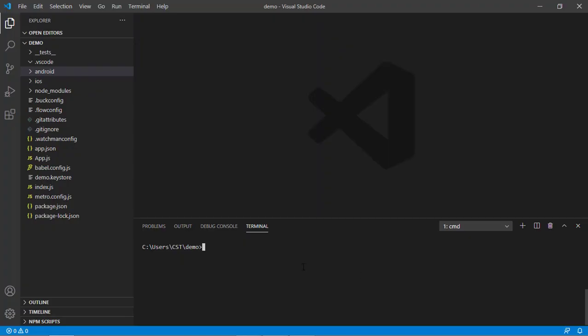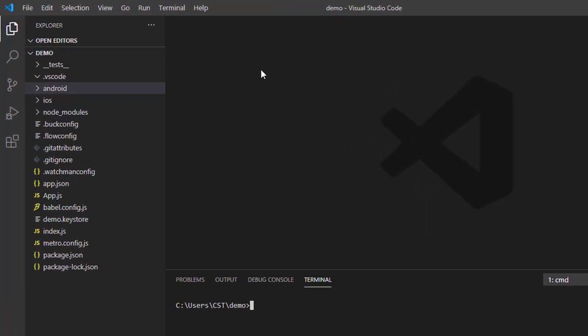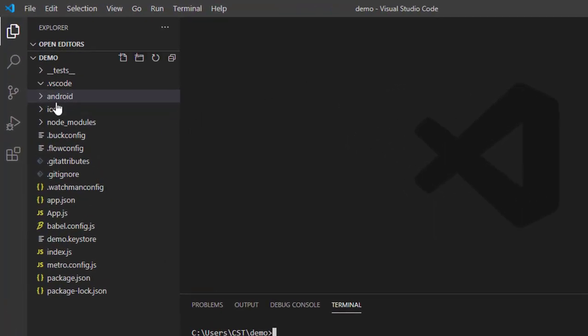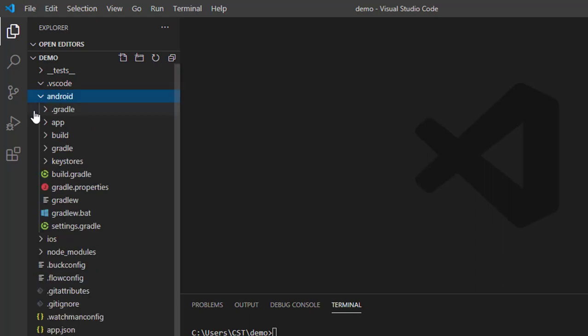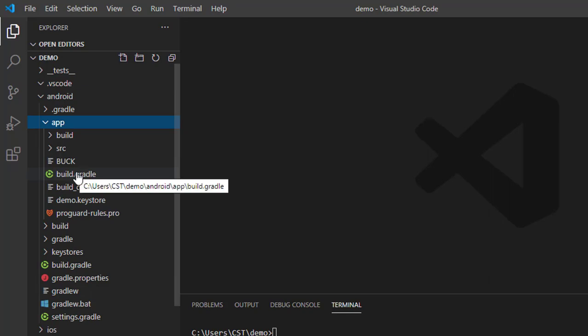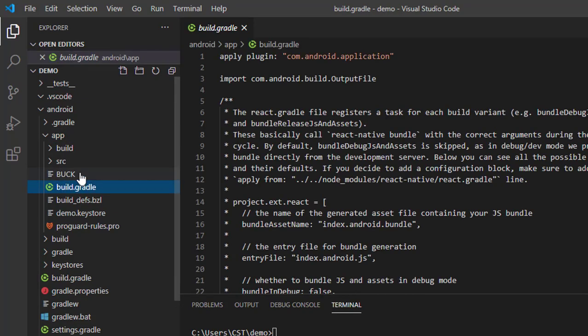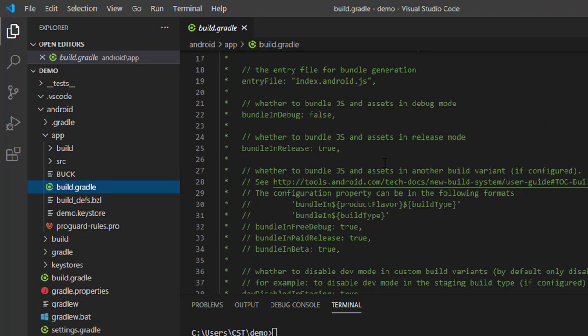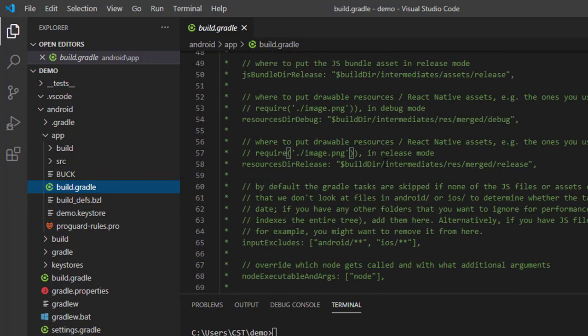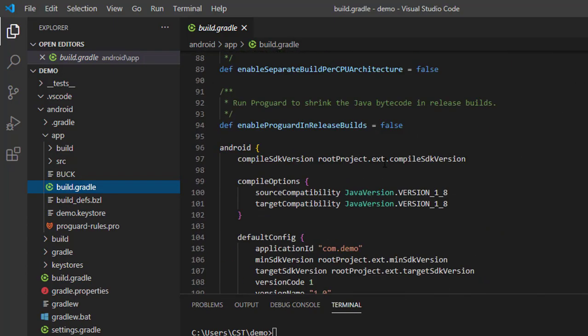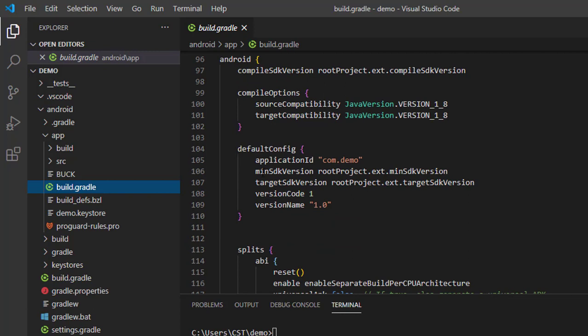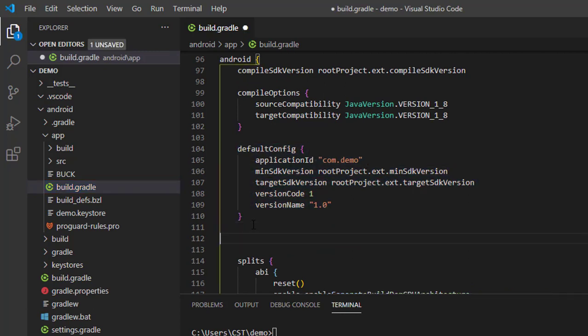In step 3, we have to add some signing related information into the build.gradle file. This file is stored in android then app. Here you can find build.gradle. Open this file, scroll down the code, and after the defaultConfig section, type the following code.